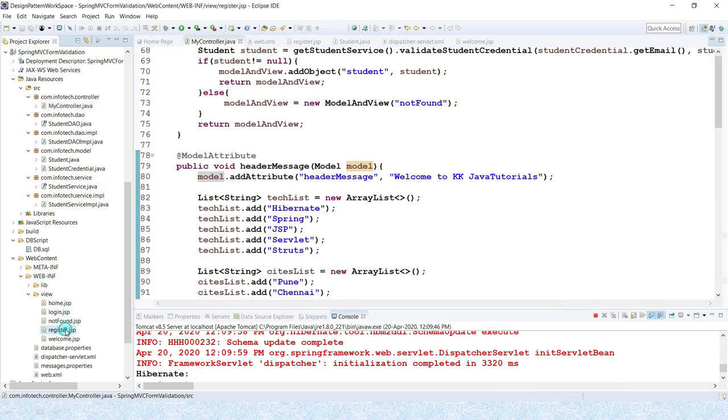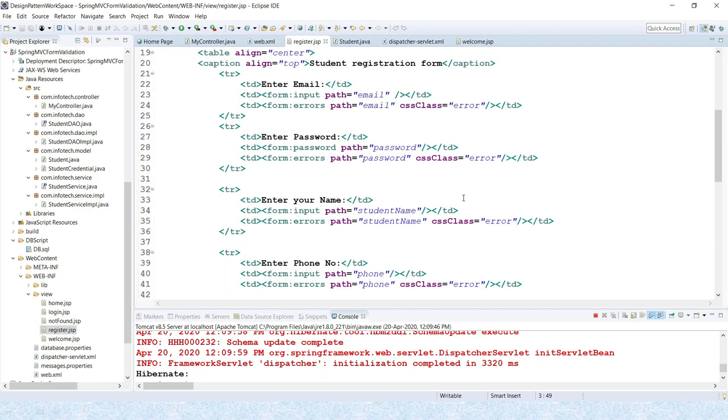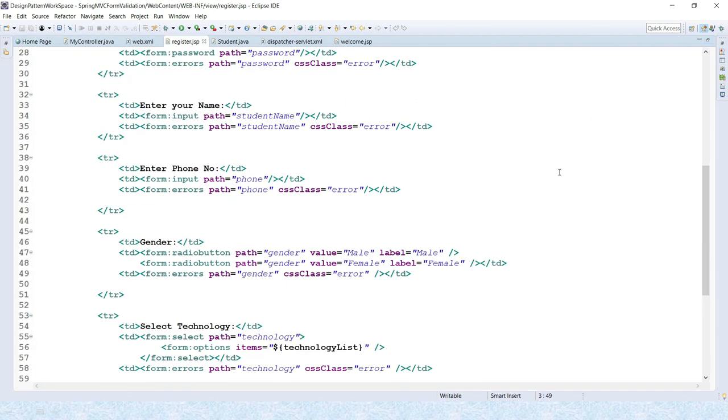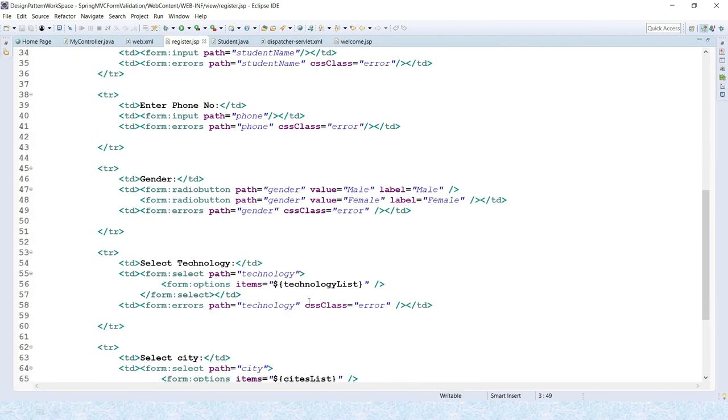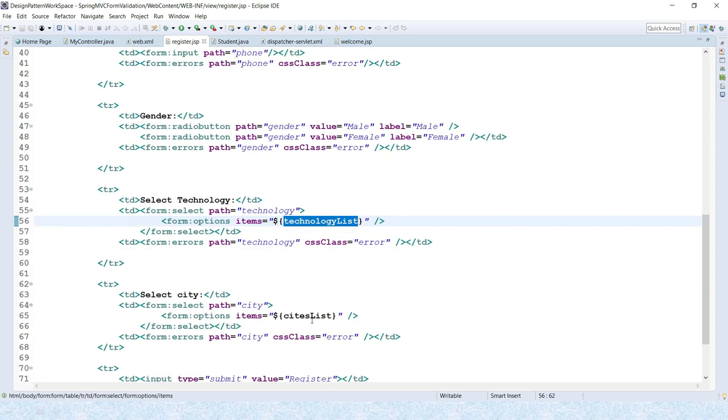If you look at register.jsp, these values we are displaying from the controller, right? In the select we have a form options tag, and there inside the items we are displaying this technology list, and similarly the cities list over here.